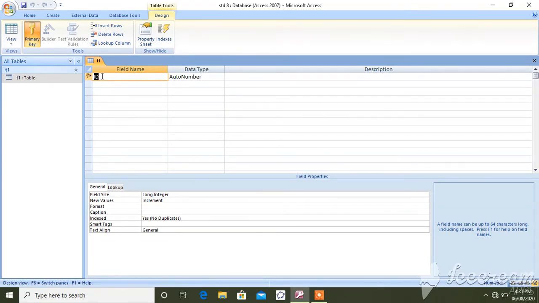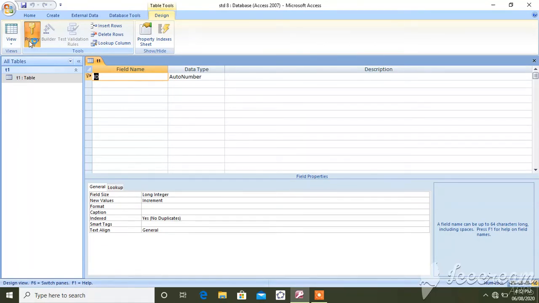Now see here, the first one is the ID, and have you seen a small key here? This small key is nothing but the primary key. A primary key is a database field that contains a unique value for each record in a table. Unique value means that the value cannot be duplicate, like your roll number in your class, all roll numbers are unique. The primary key value can never be null. For example, in a student record table, there can be more than one student with the same name or course, but the enrollment number is unique for every student.